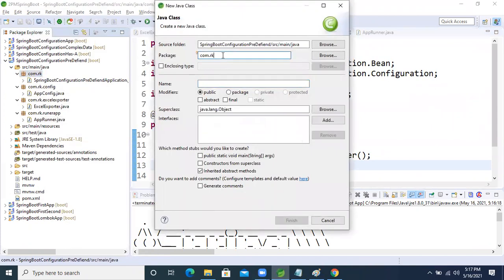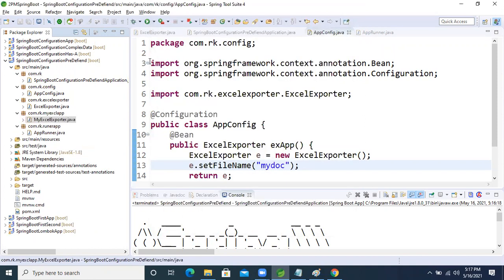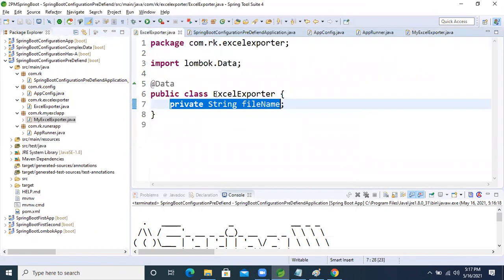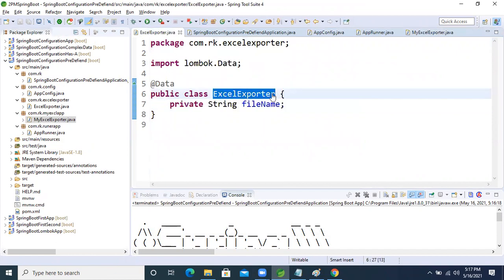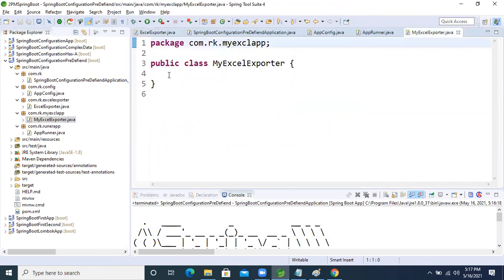Okay, class, what is that? My Excel application, right? Okay, so here I'm taking my Excel exporter, right? Inside this one, what I'm doing now, this Excel exporter class is there, right? Inside this one, we will take the attribute, means we will establish the has a relation. Exe I'm taking, right? What I'm doing now,